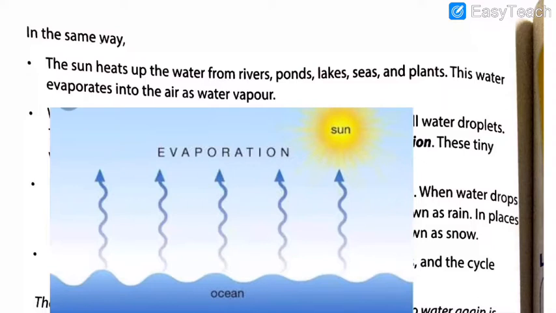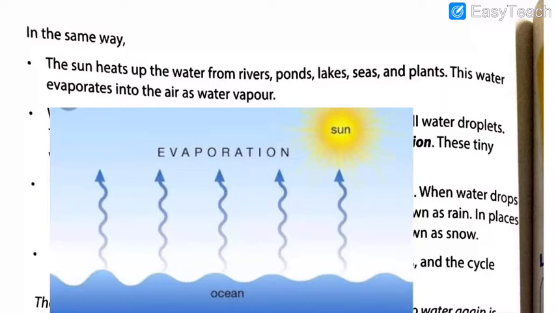Now I hope you came to know all this by looking at the water droplets on the glass and at the dry clothes. I hope that now you know that it is no magic. There is a scientific reason, there is a process behind that. So I hope this concept is pretty clear in your mind. Coming to the next page.